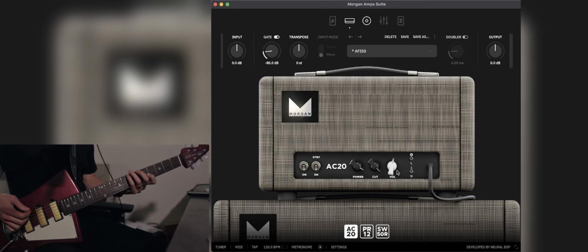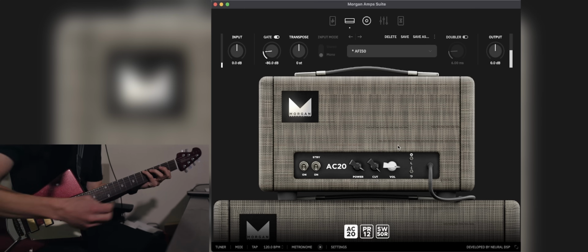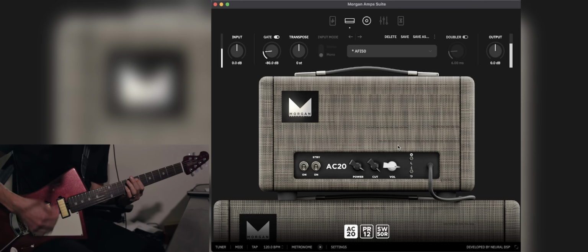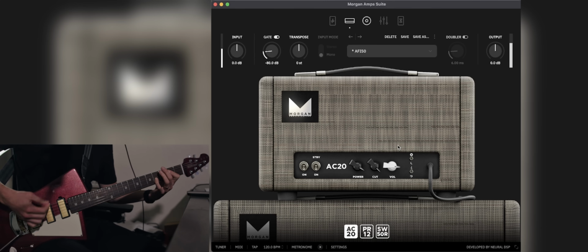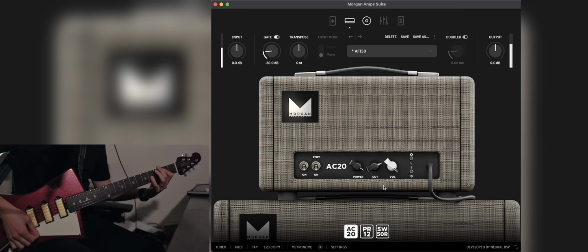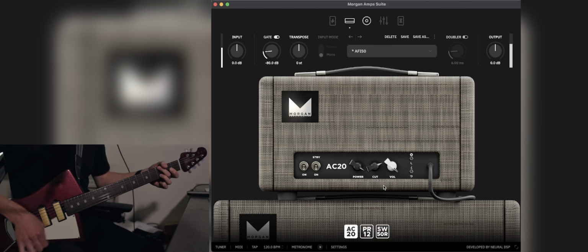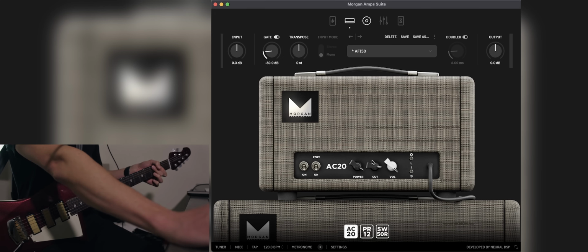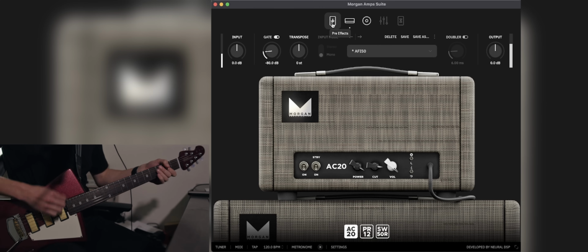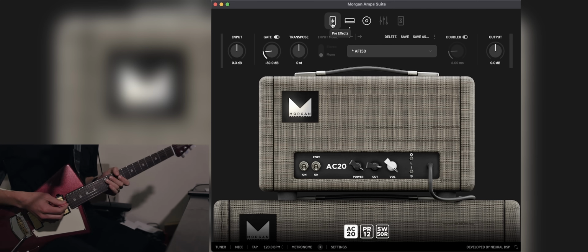And there's some really great cleans in there. As well as some great grits. Especially if you hit it with a little bit of that same kind of like boost. Yeah, that sounds